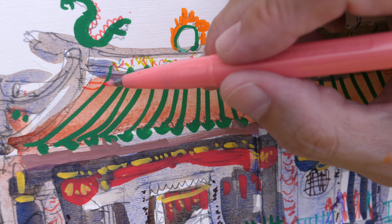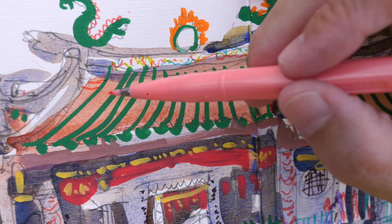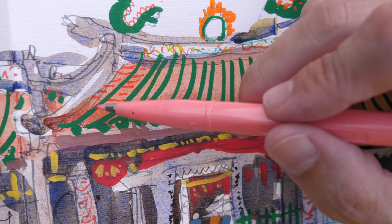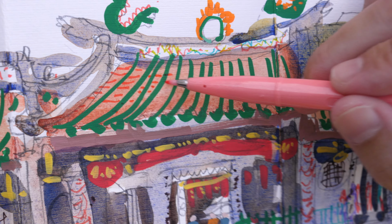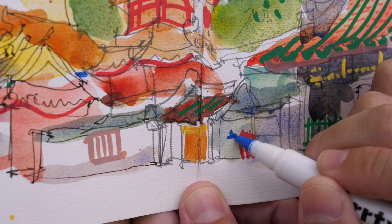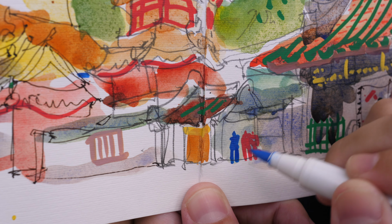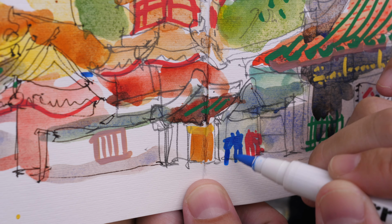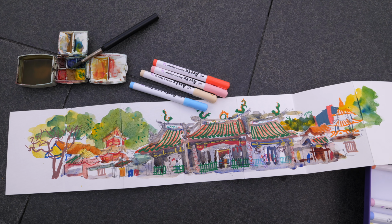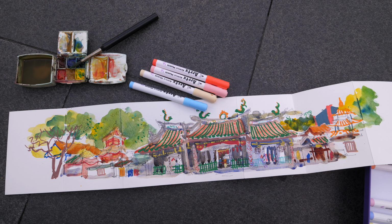I probably should have added the horizontal line texture before the green. So now adding all this is quite tedious. I guess if I'm working at home, I can probably add more details to all these people that are standing around. Right, the sketch is complete, and I must say that it turned out way better than I expected,